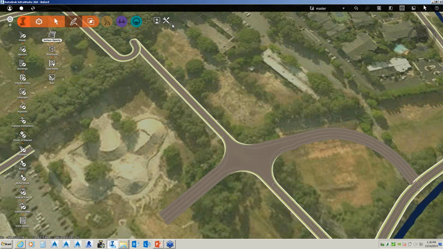Can staging be done in a proposal layout? Yes. So really, what you have is the ability to create proposals. If you wanted to do it in specific phases, so let's say I created this road in phase 1, and then I wanted to change the direction of that in phase 2, and then come back to it, InfraWorks creates a copy of it and puts it in a different proposal for you. So you could do that in terms of stages.